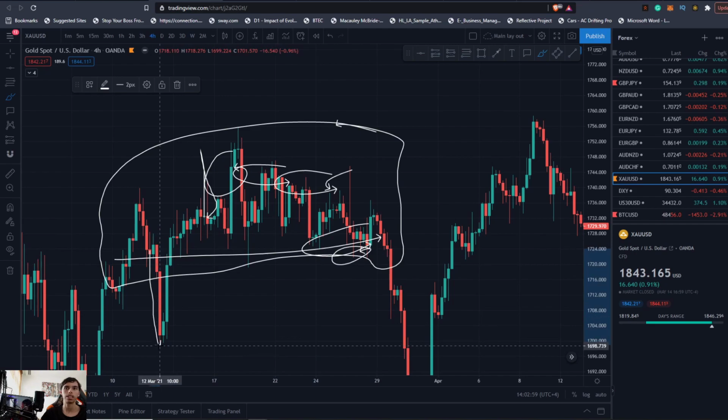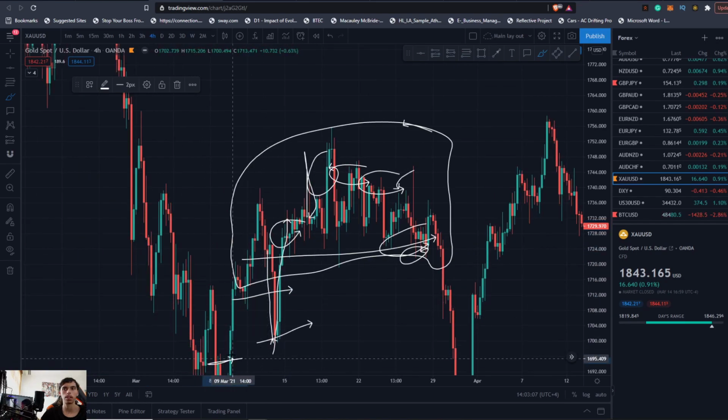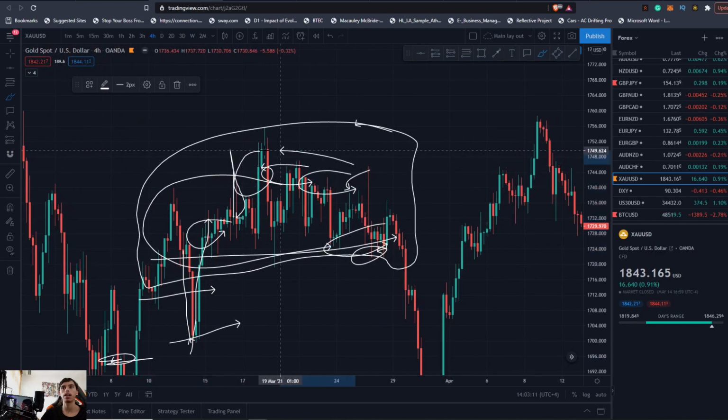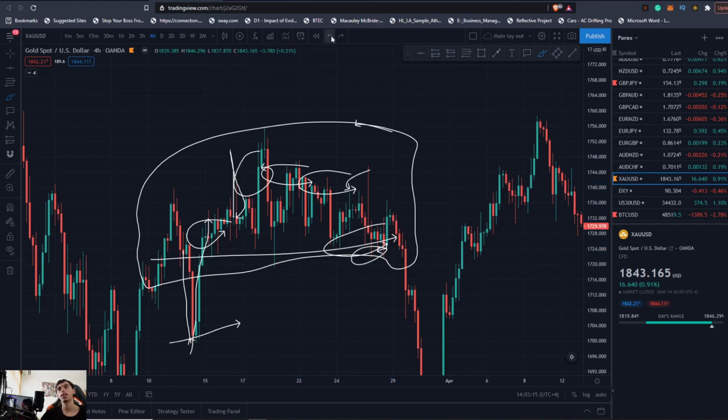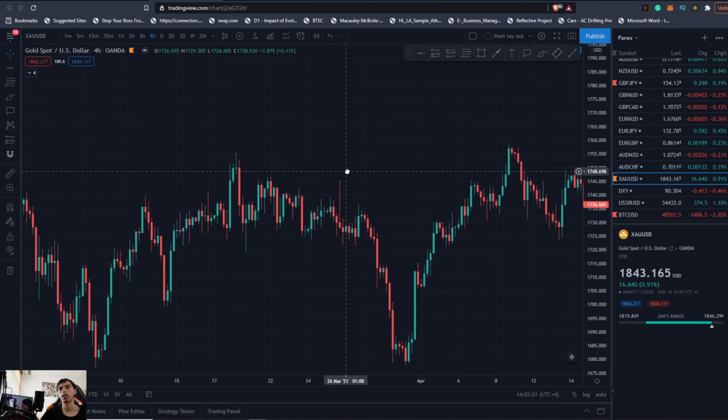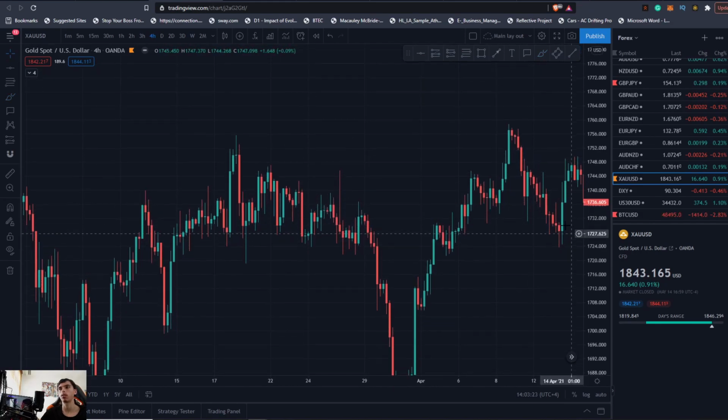You're going to see this, you're going to get into sells, it's going to come back in the range, and then you're going to be like, what's going on? It broke the range, it should continue down to this support here. Yeah, but understand that we are in this ugly range here, and on the higher time frames this is a range and this is not ideal to trade in. So another point of trading gold is do not try to trade gold in ranges.